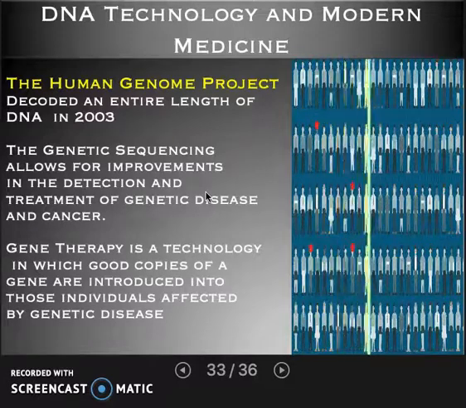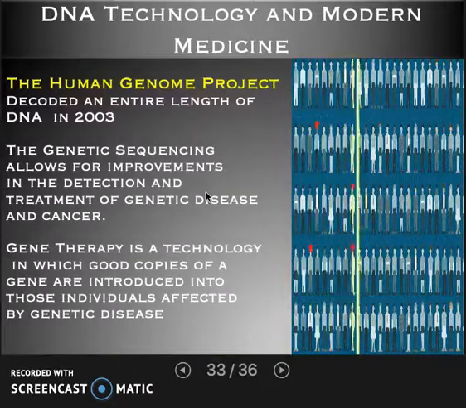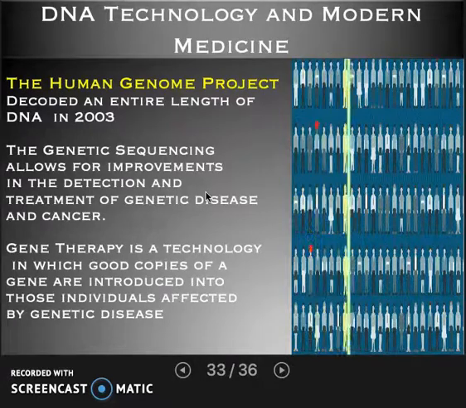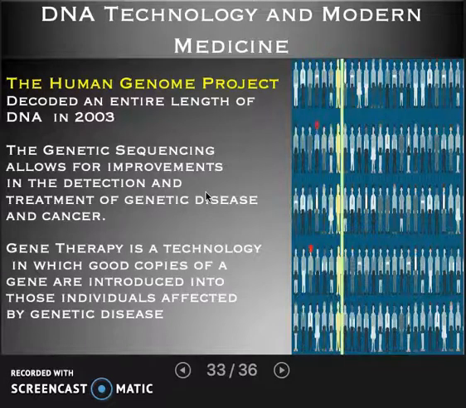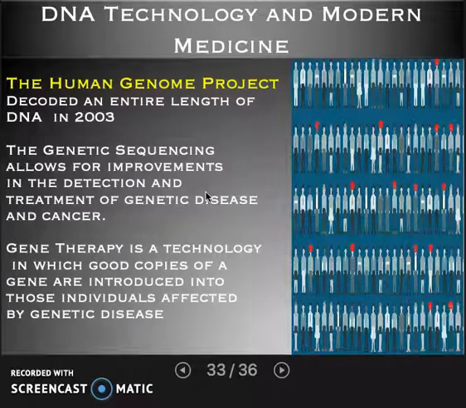Anyway, there's a problem with this though. Once that information gets out, who's going to use it? So let's say you wanted to get health insurance and the health insurer found out that you were likely to get breast cancer. They might want to charge you more money. Or maybe there's a gene associated with alcoholism or mental health issues. Would your employer like to know about that? And that's one of the paths of ethical dilemma for this genetic technology.